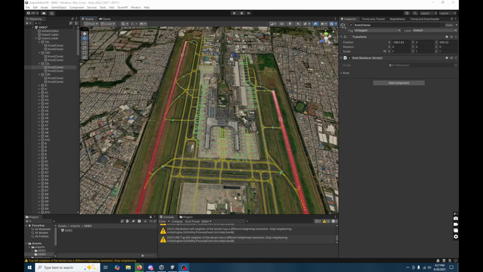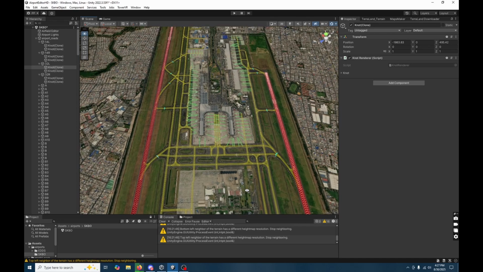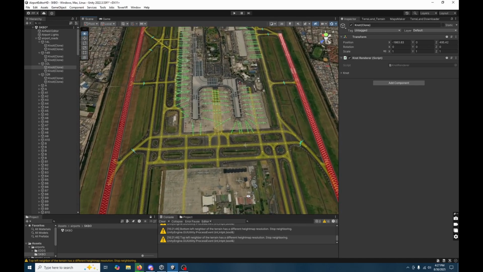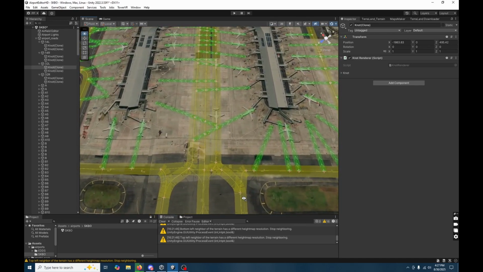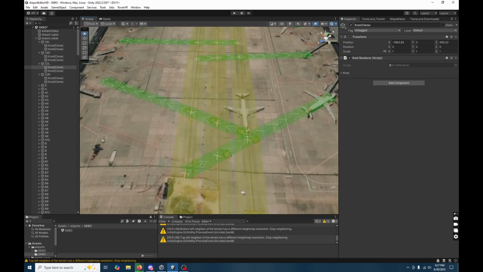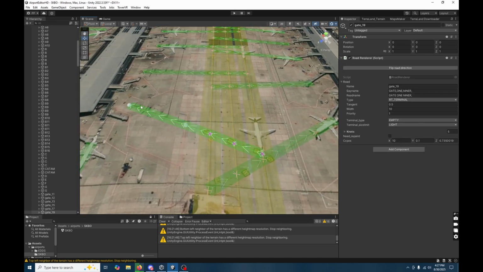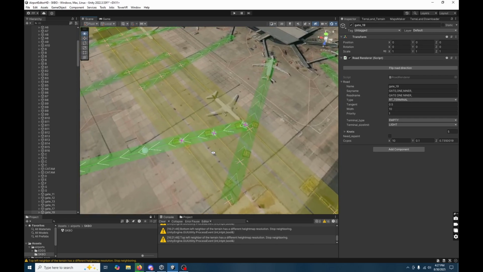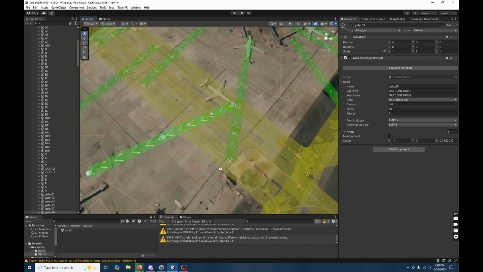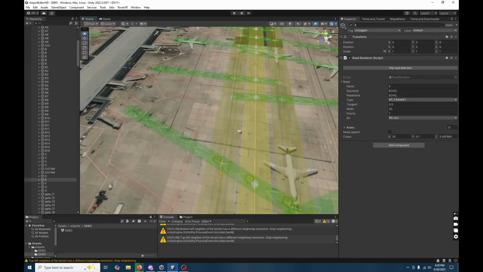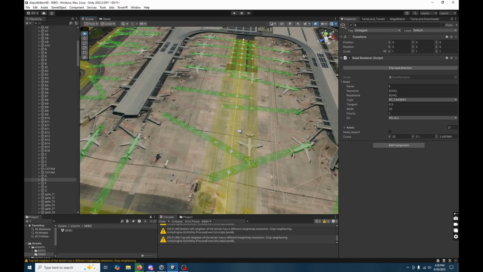Alright, so those are the updates. Now let's go ahead and start setting up our gates. So let's just jump right here in the middle, and there's a problem right away to talk about. Here, one gate, this gate here, can only be connected to one taxiway. So this middle taxiway is going to be frankly useless